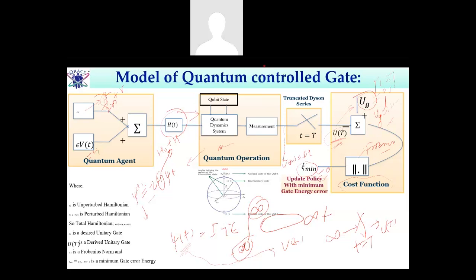But if it is 1, the next adjacent bit flips, so the output is 11. So the output is 1 by root 2 ket 00 and in this channel 1 by root 2 ket 11. If you want to check this equation, you just replace this